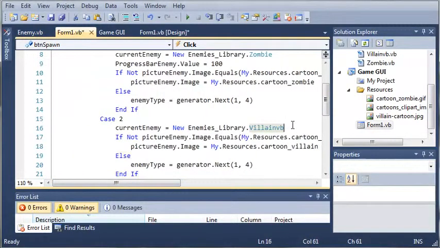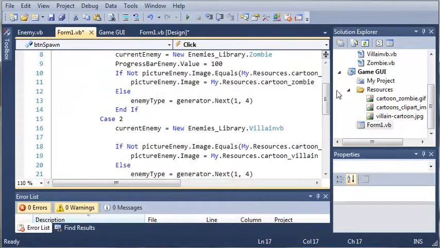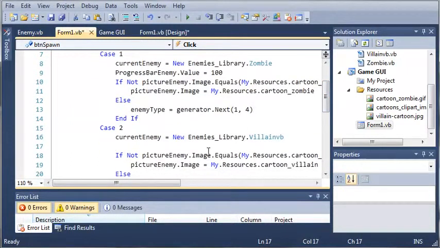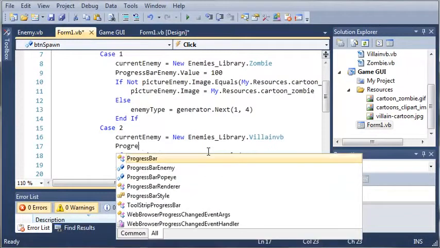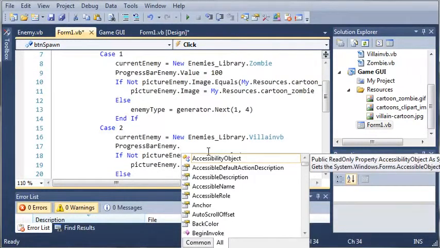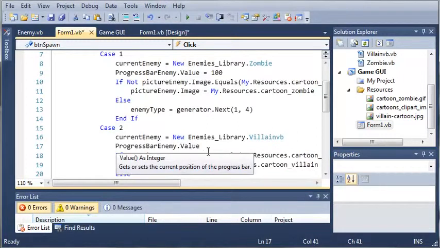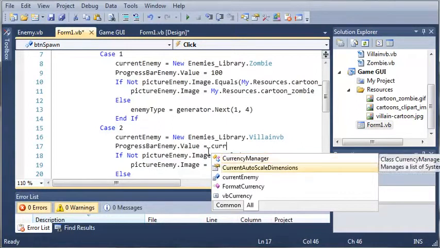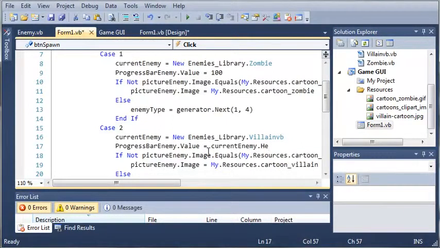So we set the current enemy to a new villain. Now let's set the progress bar. But one thing we should do, instead of just setting the value equal to 100, is use indirection. So we'll use current enemy dot